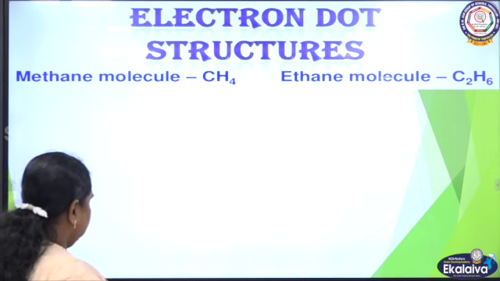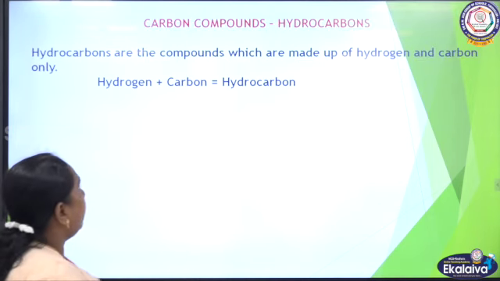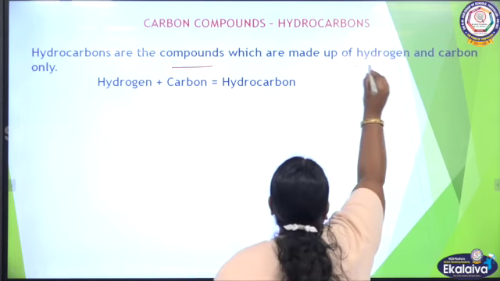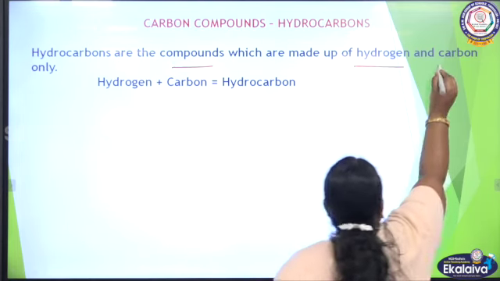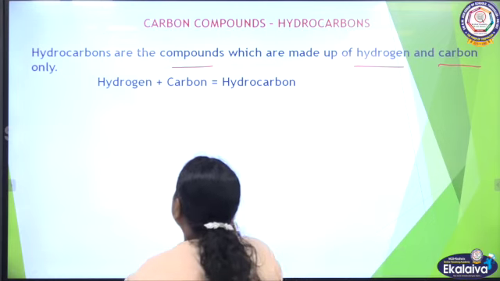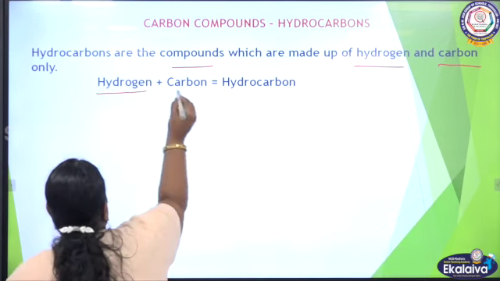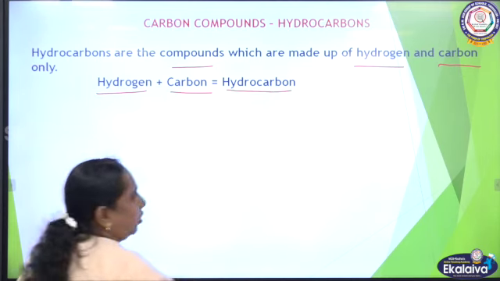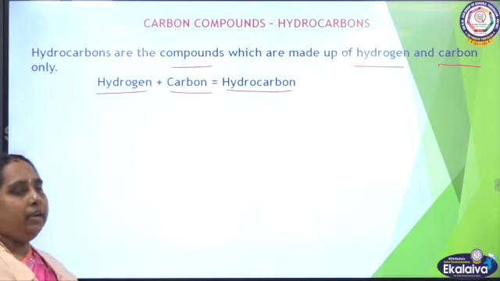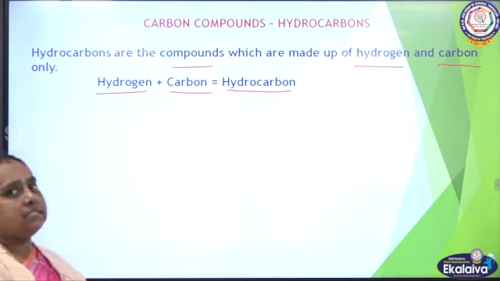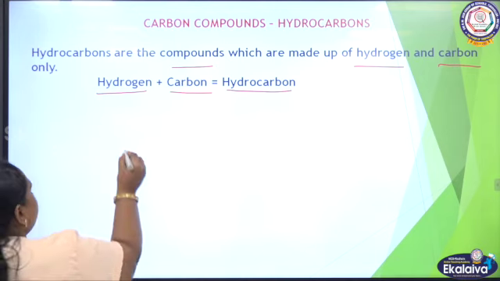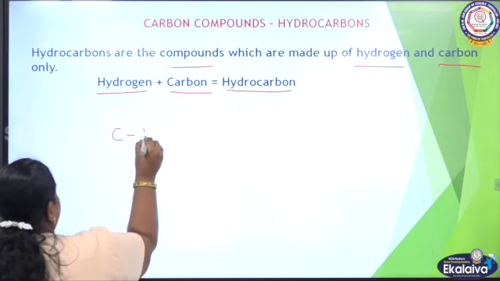Hydrocarbons are compounds made up of hydrogen and carbon. As the compound is made up of hydrogen and carbon, it is called a hydrocarbon. These hydrocarbons are called organic compounds because carbon is attached with hydrogen